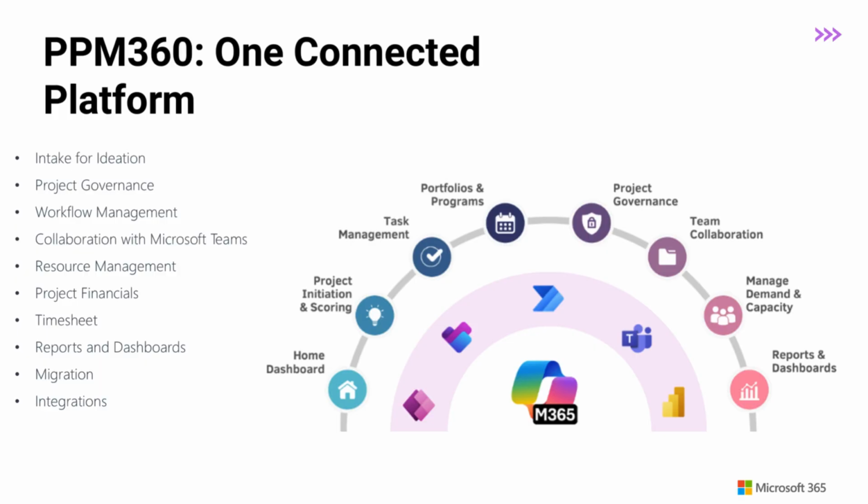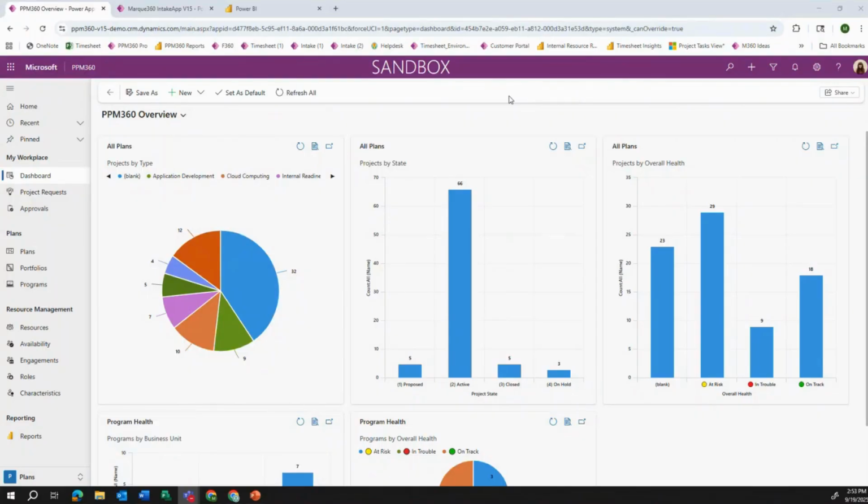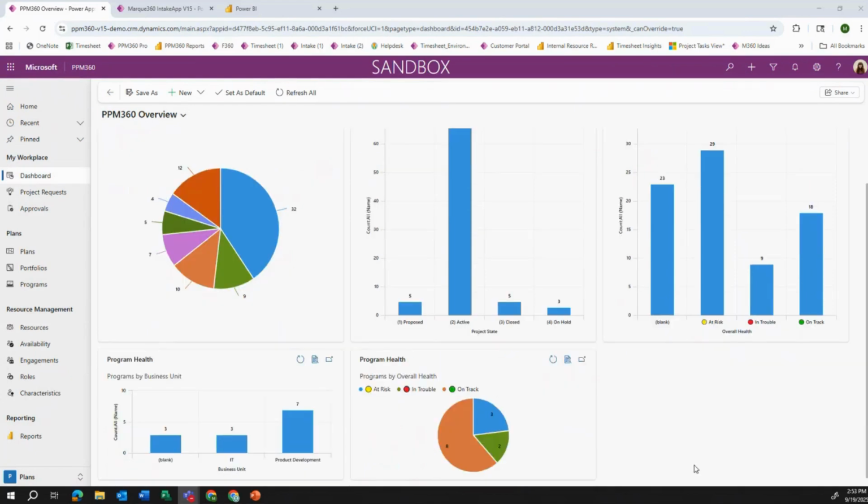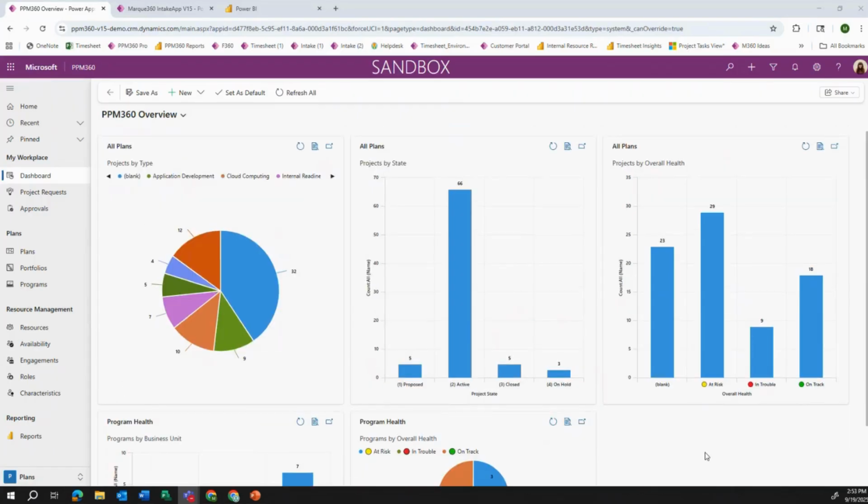Marquee 360's PPM 360 tool provides an area for project management as well as intake and reporting. Today, we're going to walk through this PPM 360 tool. Here, we can see that we have one unified experience on the left-hand navigation for our project management needs. Starting with the dashboard, we can see all the data for project information that is currently available in the system,